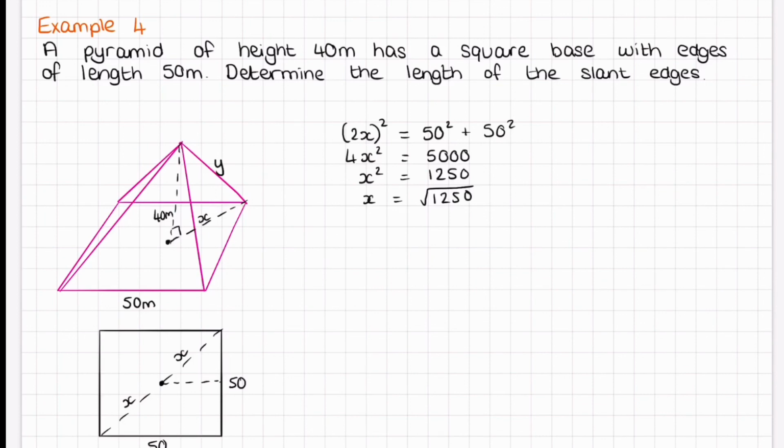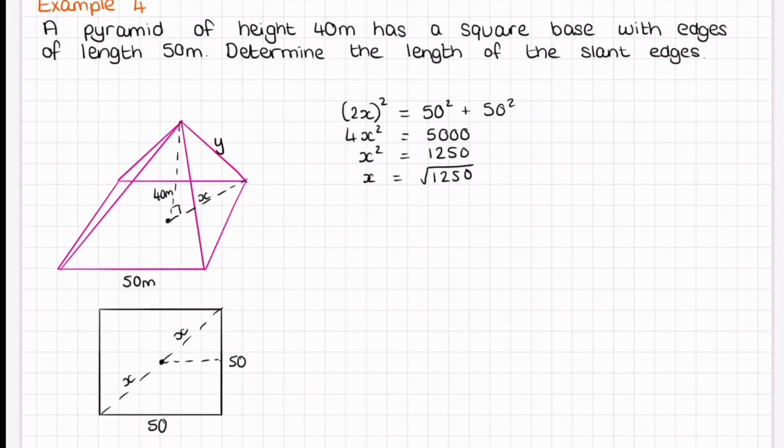So we now have the length of x, which means now we have a second triangle to work out y. So I'll do this one in orange. So this would be the triangle with the height across here. So in this one, our height is 40 meters. The base is the x, and we are trying to find the slant here, which is the hypotenuse. So y squared is going to equal the 40 squared plus x squared,